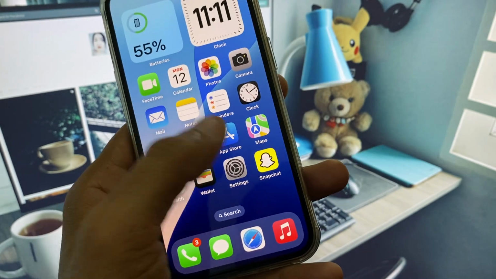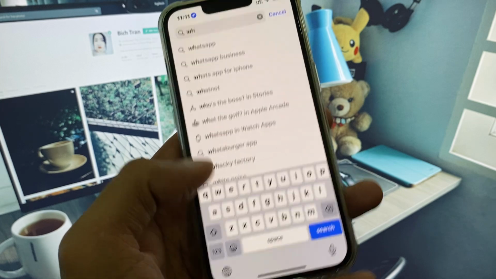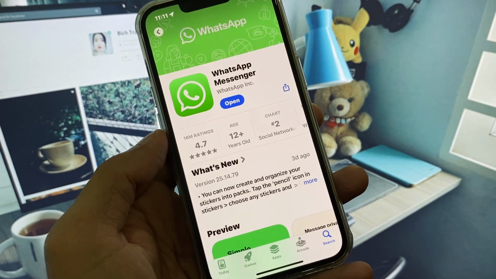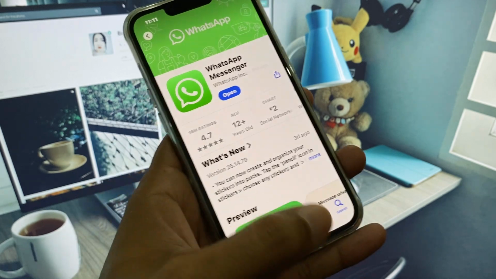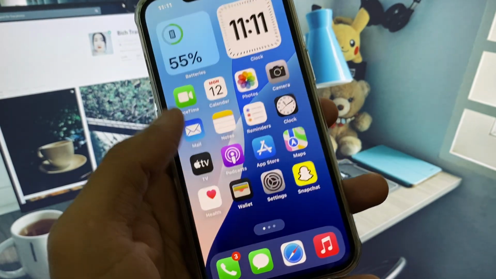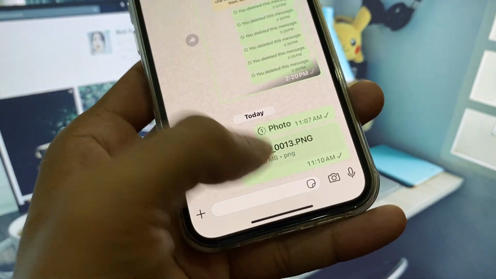And now you need to go back, open your App Store, and here you need to search WhatsApp. After searching it, open WhatsApp and check for an update. If your app is not updated, then you need to update your app first, and after doing this you need to go back. So guys, now simply you have to open your WhatsApp and you need to open that photo,